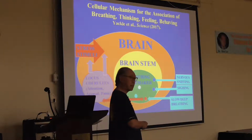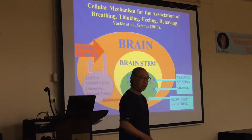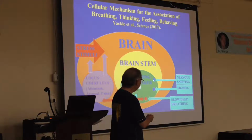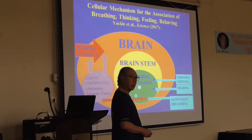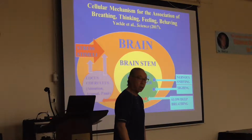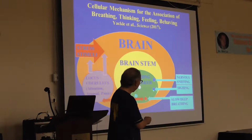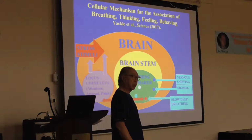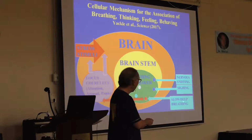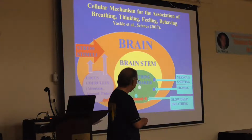When a person is under stress and breathes like that, that is controlled by this part of the breathing pacemaker. If the person is under stress and goes, oh my God, okay? That's controlled by this part of the brain. But if the person goes into slow, deep breathing that we're going to do here, it's controlled by yet another